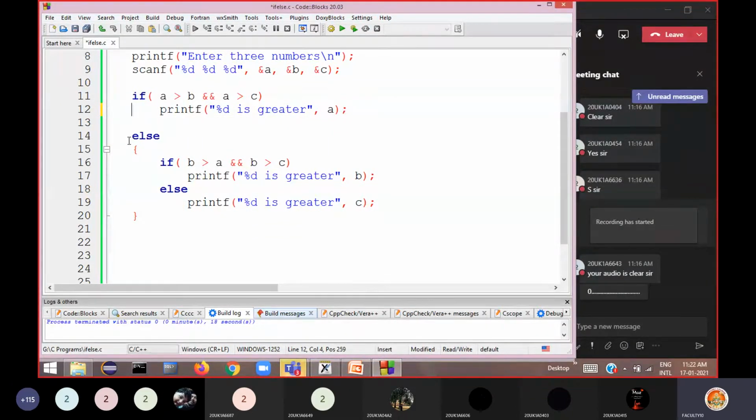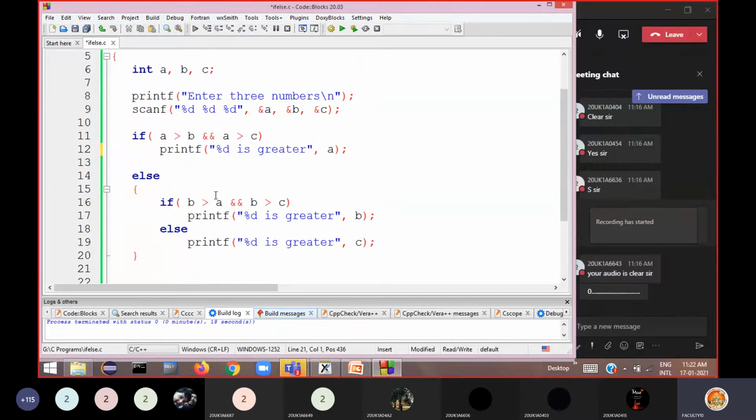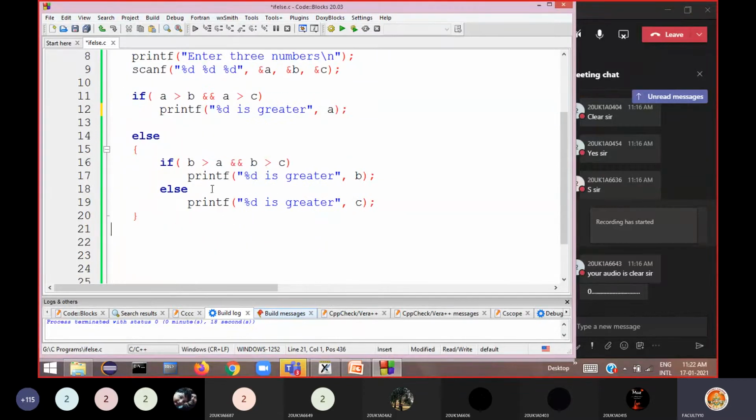Okay, so that's why I advise when there is only one statement to be executed, better not to write this. But inside this else, now I have to execute either this or this. Okay, more than one statement. That's why now I have written these braces here. Okay, right? So this is called a nested if else statement. In if you can write if else, or in else also you can write another if else statement. Now inside the else, now see I have written another if else statement. This is an example for a nested if else statement.